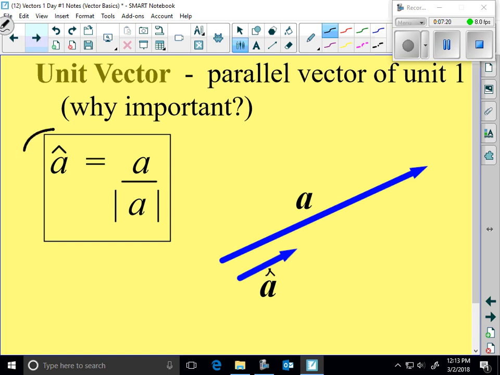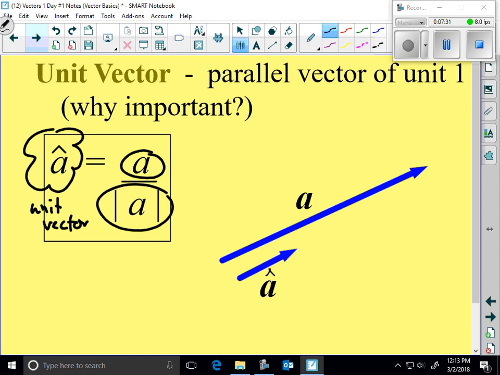This notation right here, a hat, represents the unit vector. And all we do is take the vector itself and divide by the magnitude. Vector divided by magnitude. So what that might look like in the previous example,